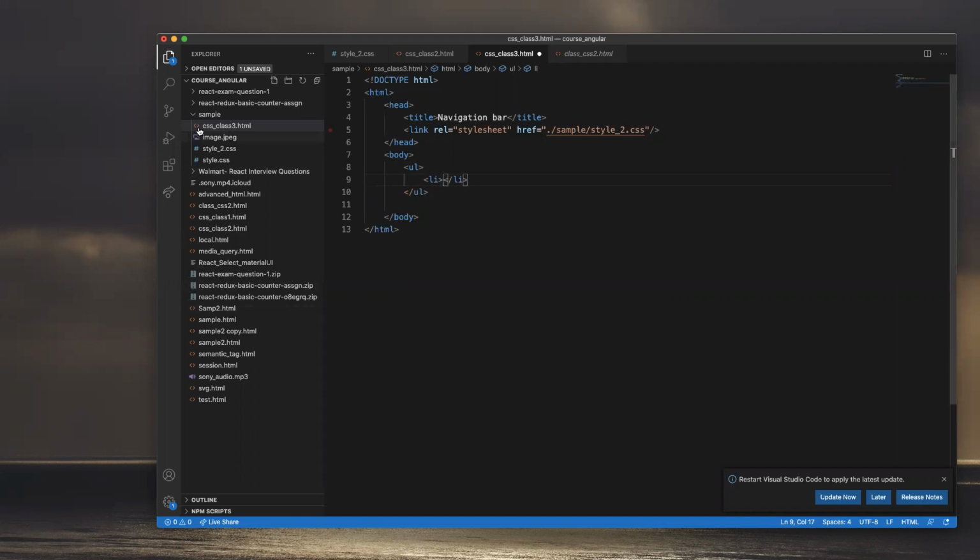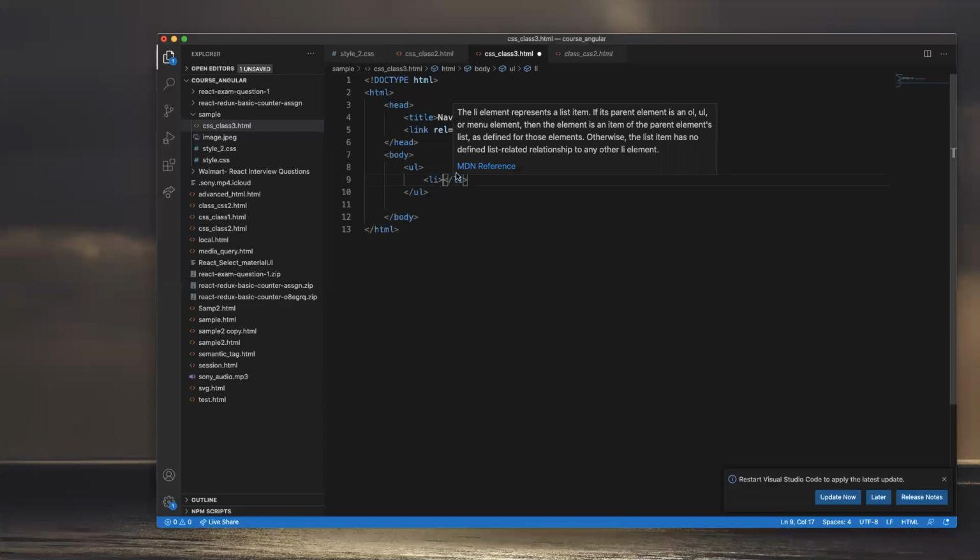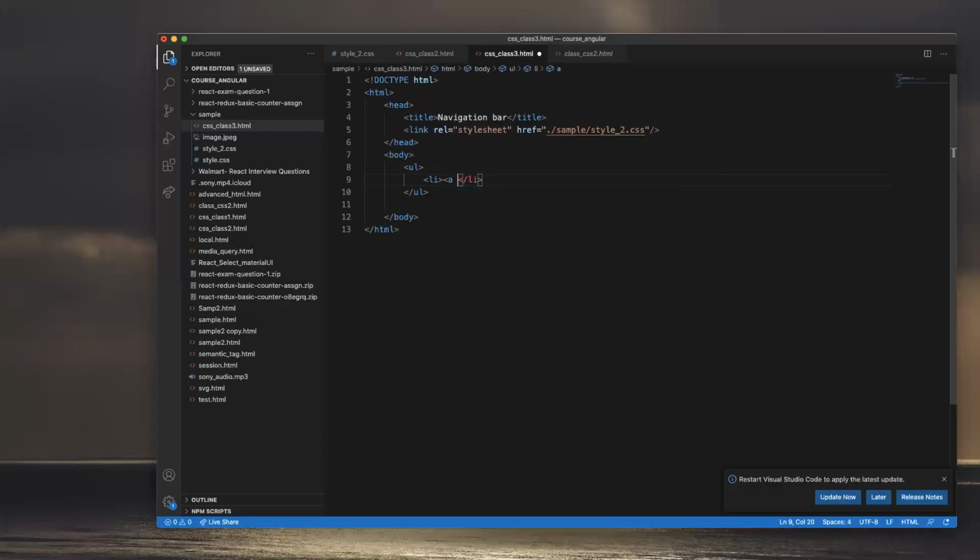And here, UL and LI. The thing is, I am going to give in the LI an anchor tag. I am giving some class which is equal to active, and I am giving some href which is like a hash home,